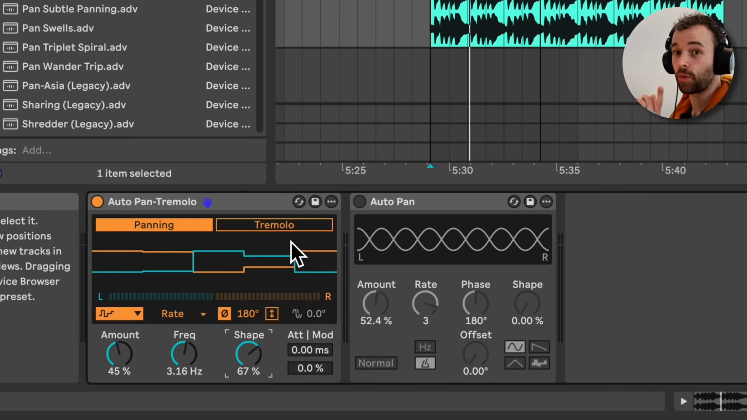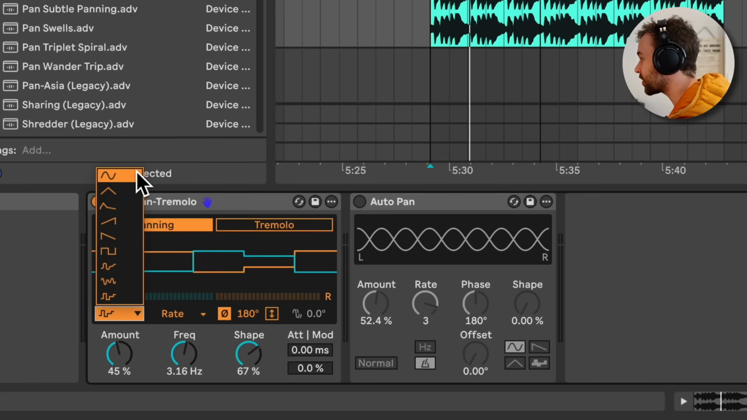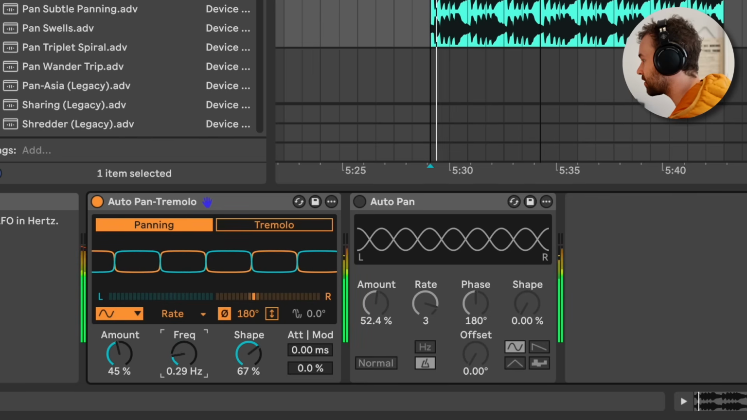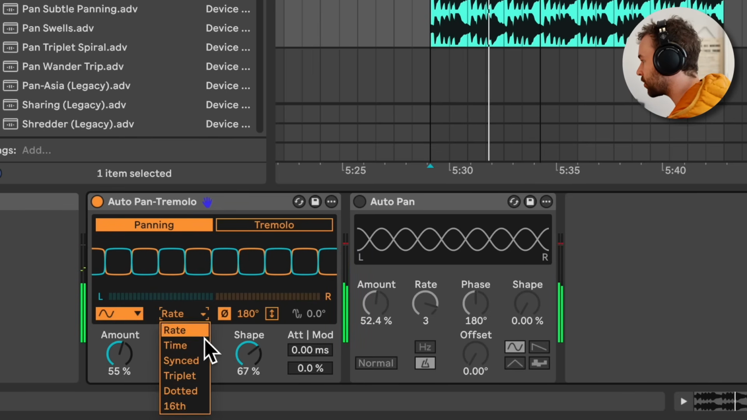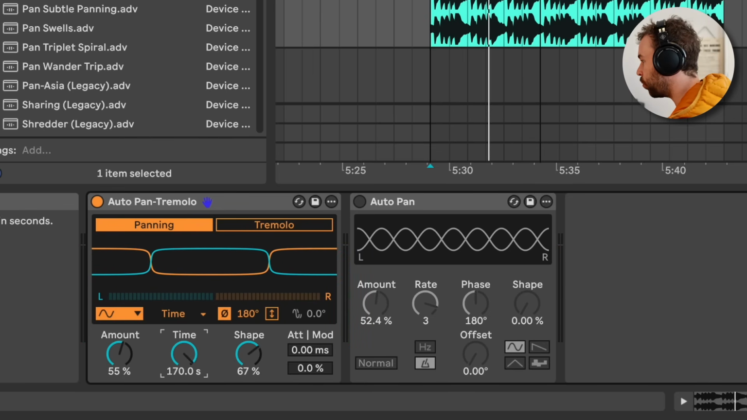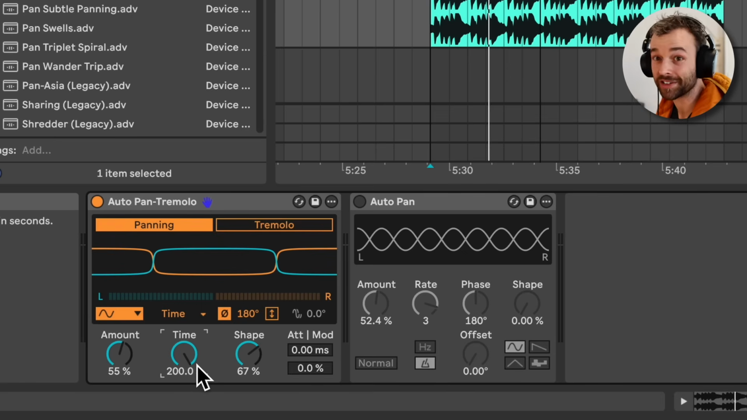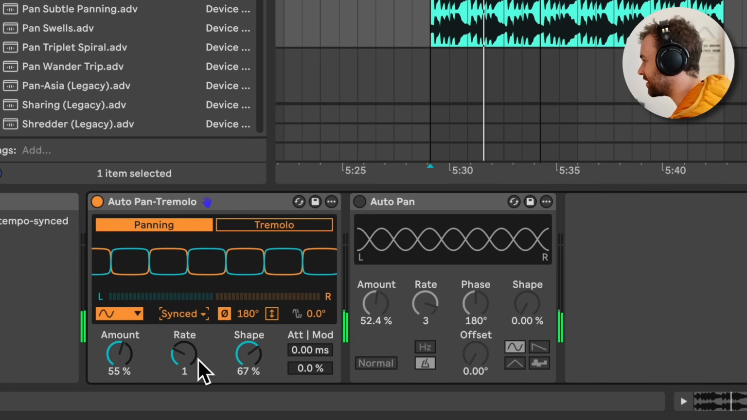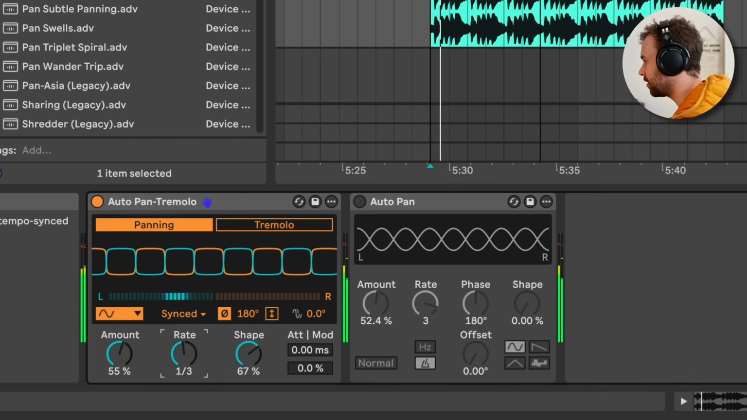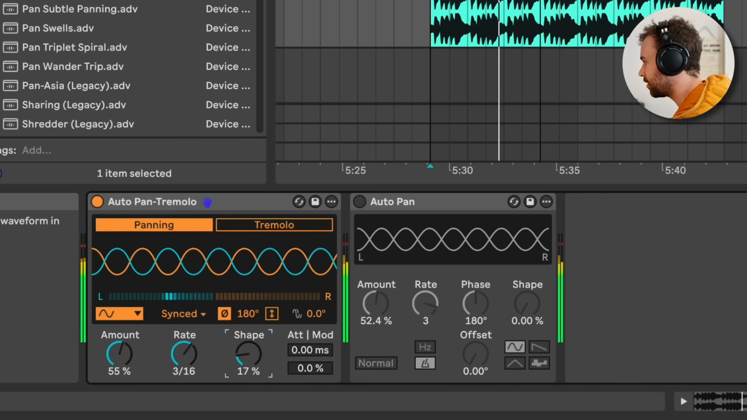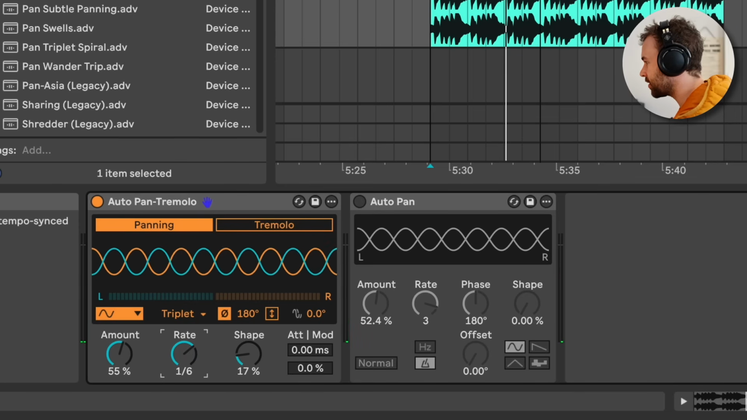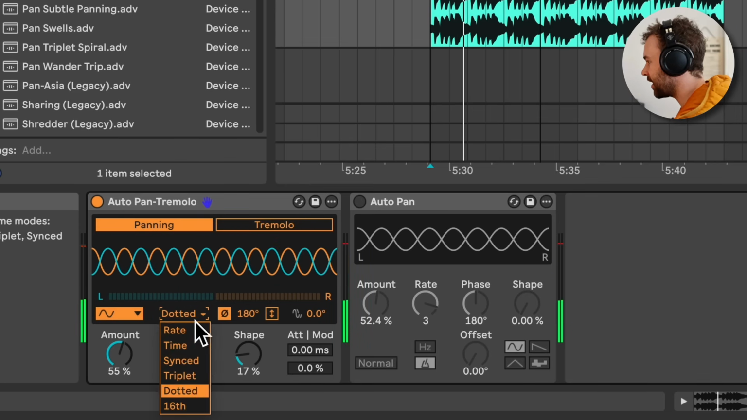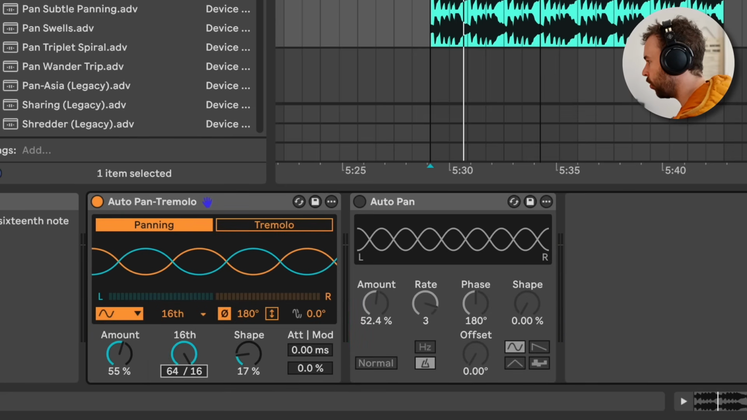Now, before I get into the tremolo mode, I want to talk about some of the other cool features here. So I'm going to switch this back to the sine mode, and we can see we have this rate option here. So currently that's just in Hertz. We also have the ability to have this set to time, so all the way from 100 milliseconds up to 200 seconds, which is actually kind of ridiculous, to be honest. We have synced, so obviously synced to our tempo. We have triplets, so we can work just in triplets. And then we have dotted notes. Or we can have it set in the number of 16th notes, so 1 all the way up to 64